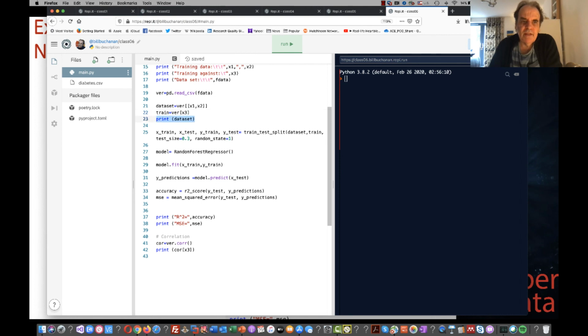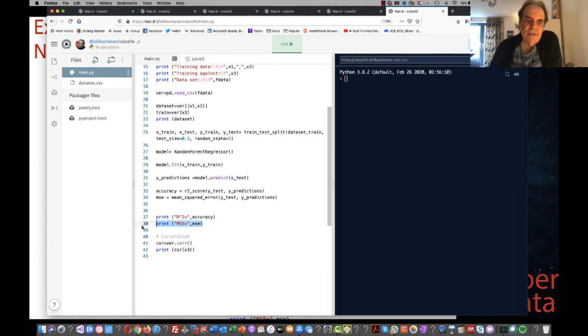We just print that data set out, and then we'll split the data set. So 70% will go into the training, and 30% will be kept back for testing. We'll run a random forest regressor, which is a numeric predictor, and we'll train it on our 70% of the data here. And then we just go ahead and make some predictions on the 30% we kept back, and this is our predictions. So we now need to compare that with this, and we can do that through our accuracy score and then through our mean squared error.